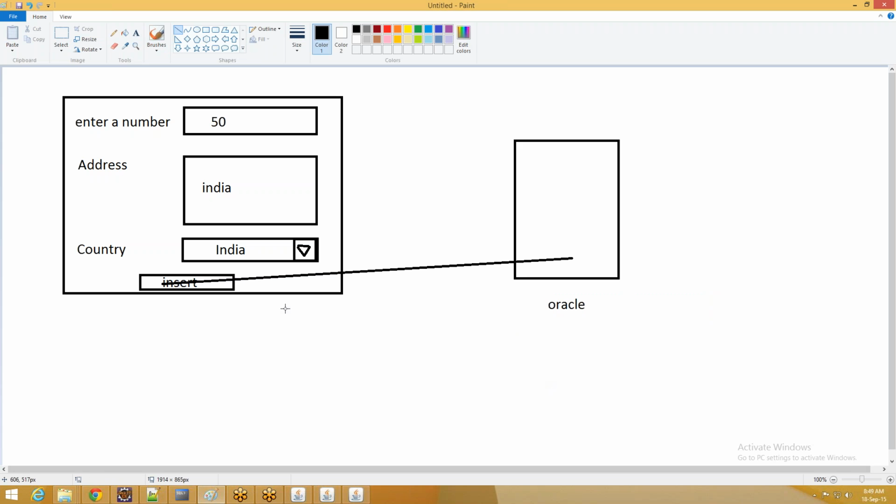Any doubt in this application? No, Akash. Okay, it's clear. Fine, great. So that's it for today, guys. We'll do one thing. We'll again have the same type of session, maybe on Monday. Okay, Akash. Yeah. And all the things, whatever we have discussed along with the